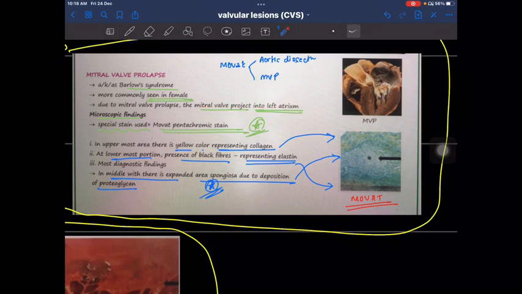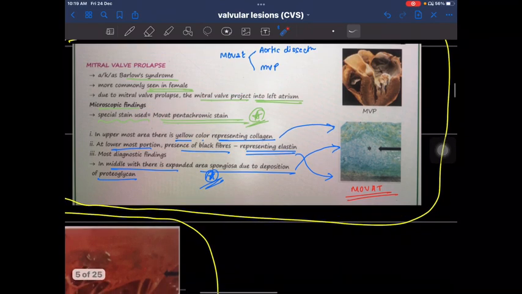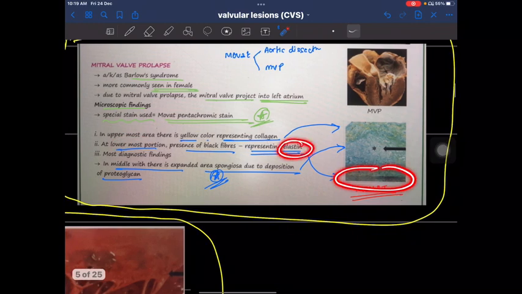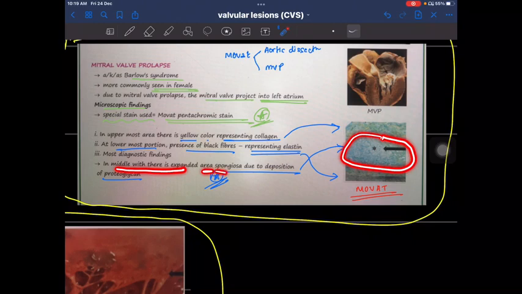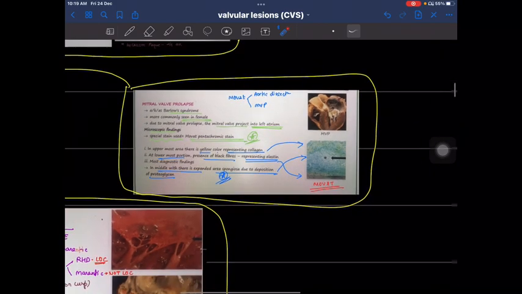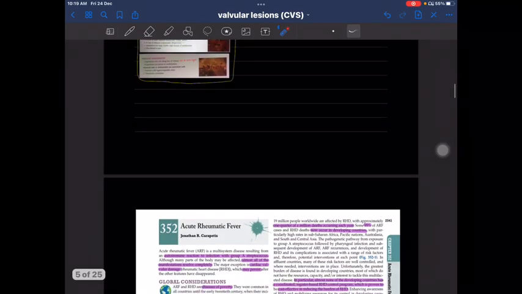So what we do is we use a Movat stain. In this stain, you can see the uppermost yellow part, this part, representing collagen. The lowermost part, the black part, represents elastin. And the middle part is the spongiosa. In the middle, there is an expanded area called the spongiosa due to deposition of proteoglycan. So this is the diseased part, which compromises the consistency of the valve, which leads it to prolapse. Okay. In the next part,